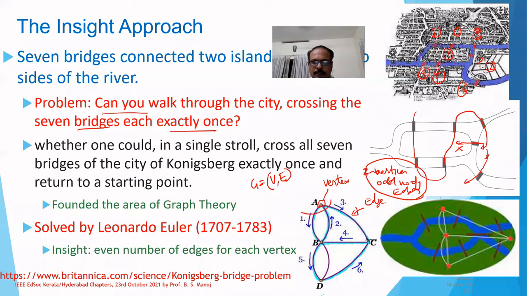So if you look at this, vertex A has 3 edges, vertex C has 3 edges, vertex B has 5 edges, and vertex D has 3 edges. So there are more than two vertices with an odd number of edges, and you cannot do that. So that's exactly why we could not traverse all the bridges without passing through some bridge more than once. Now if you look at one particular very simple example, so imagine that you have